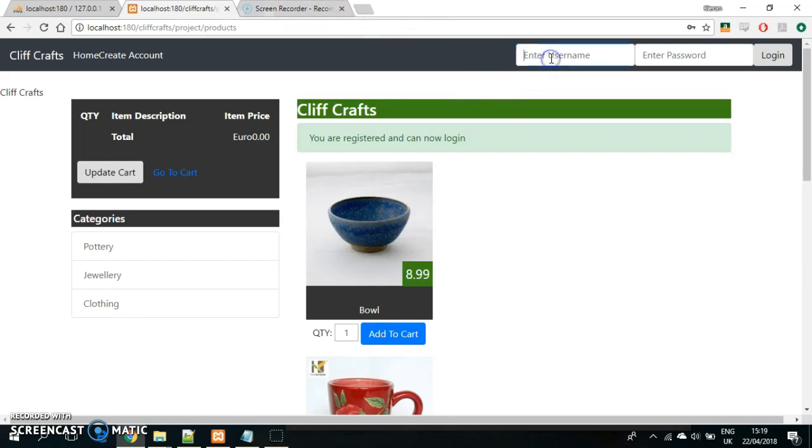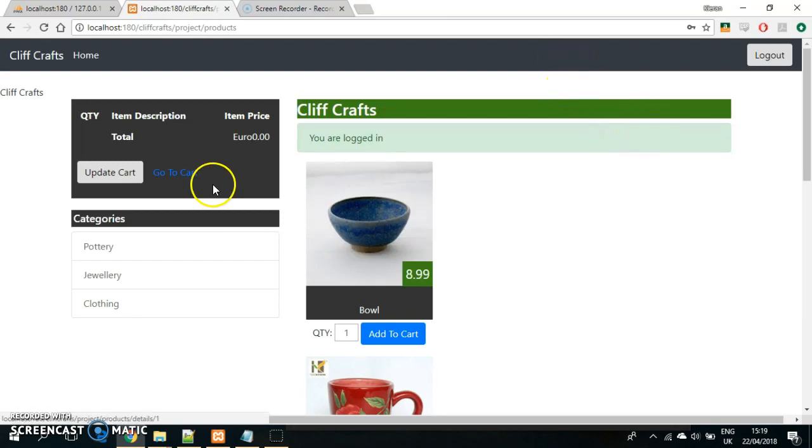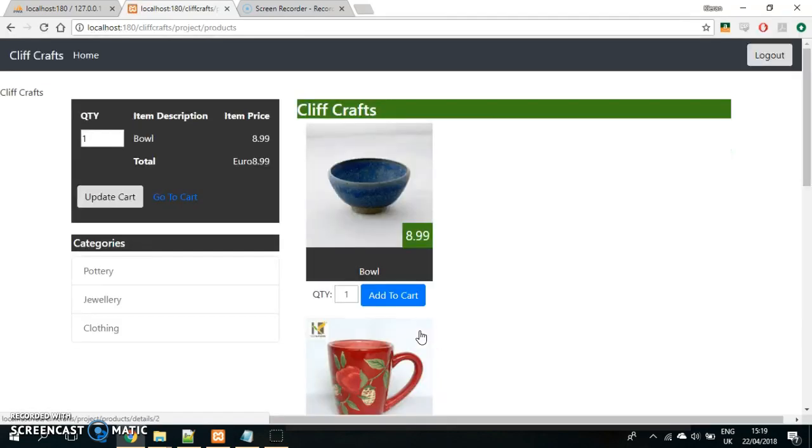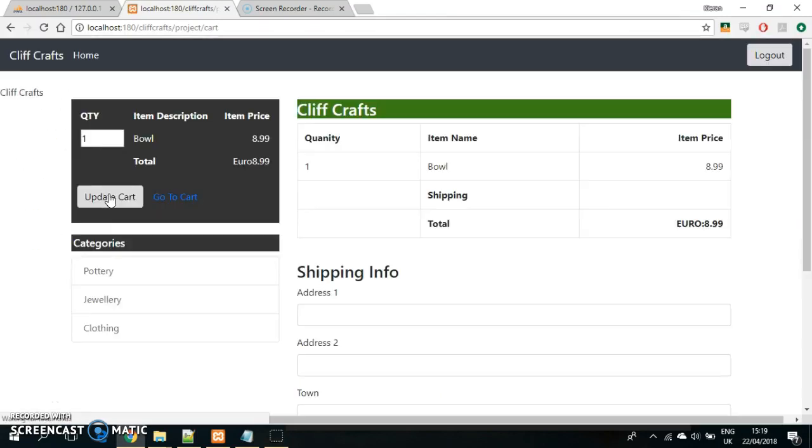So if we just use his login details there, enter, and you can see here you're now logged in as Alan, and add things to cart. If you want to add more rows, say you want to add 5, update cart,